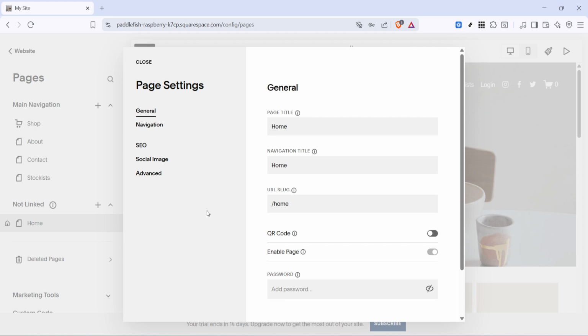The page settings window will open with several tabs across the top. Before we generate the code, there's something important to do here in the General tab. Look at the URL slug field. This is the bit that comes after your domain name in the address bar. If you need to make any changes to this URL slug, do it now. Once you create the QR code, it locks onto this exact URL. If you change the slug later, the QR code will break, so make sure the URL is exactly how you